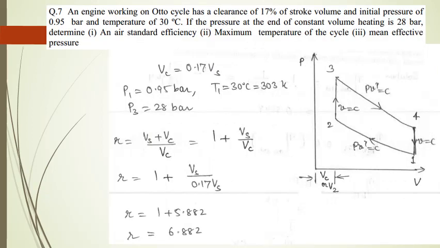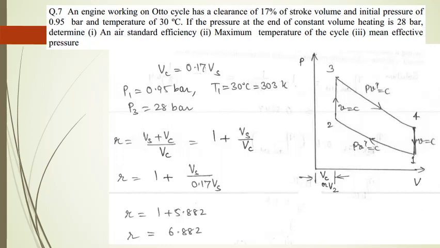An engine working on Otto cycle has clearance of 17% of stroke volume, an initial pressure of 0.95 bar and temperature of 30 degrees Celsius. If the pressure at the end of constant volume heating is 28 bar, determine the air standard efficiency, maximum temperature of the cycle, and mean effective pressure. Now we have drawn the PV diagram,